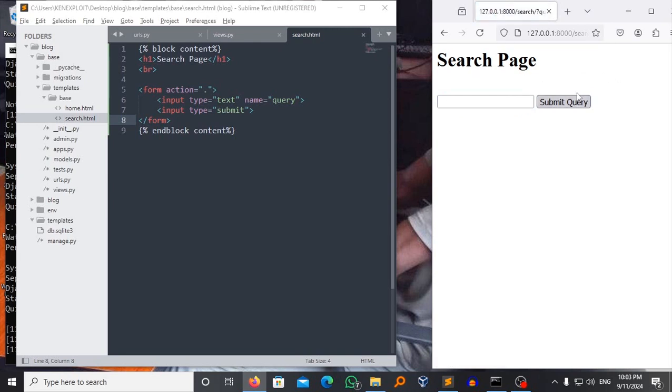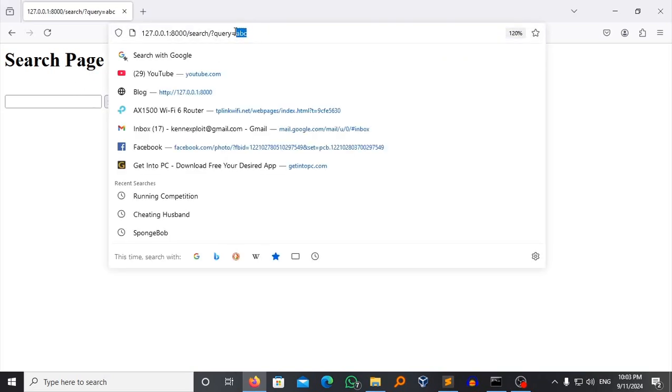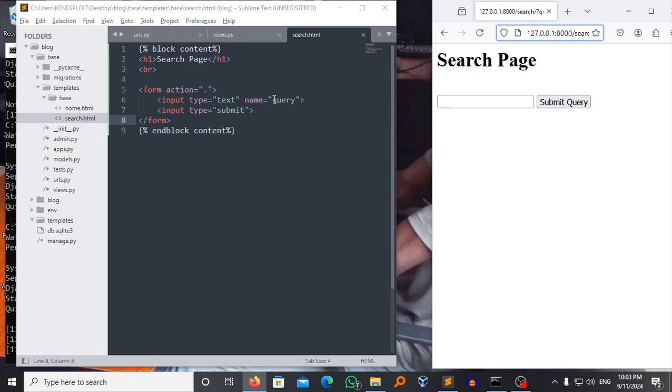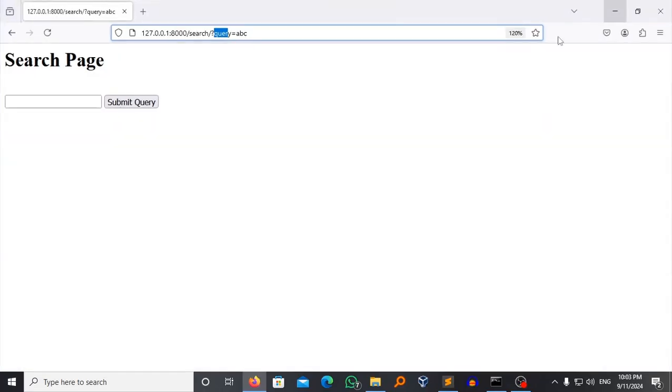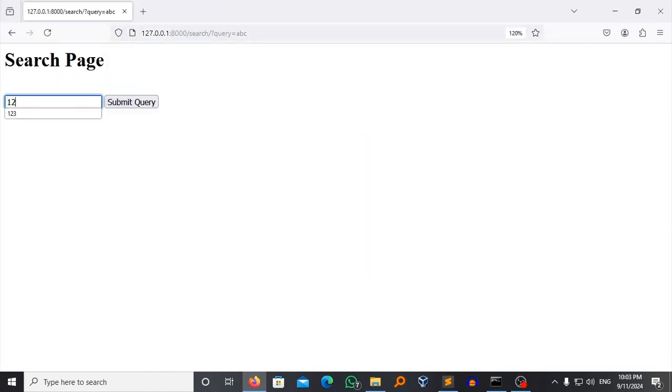submit. Let me maximize the screen so that you can see everything. So when I type submit query, I'm seeing ABC. The search is query, and the query is this one here. We've specified here the query. And we are searching what? We are searching ABC. ABC is the one we typed here. What if we change it to 1, 2, 3? Submit the query. Good. And what if you say,